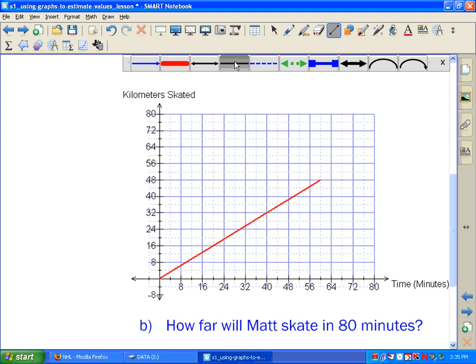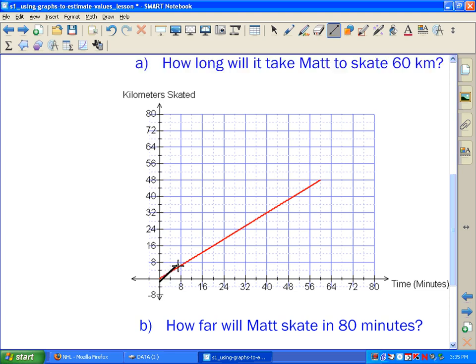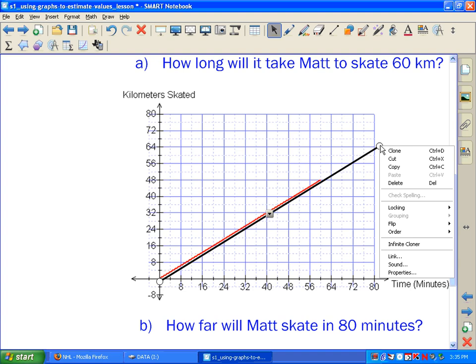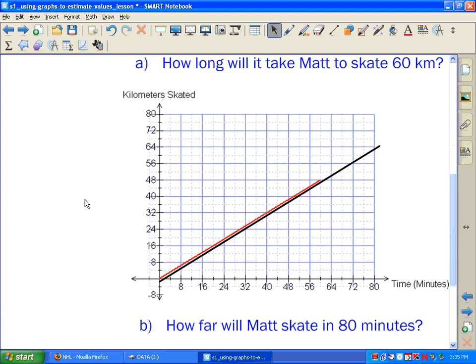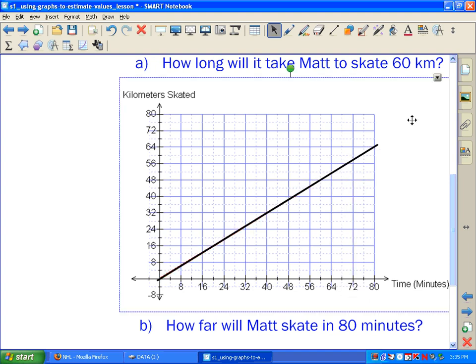Now that we all have rulers, we're going to draw this line. Mine's a little bit off, but I can fix it in a second here. And you're going to draw it all the way through. Then we're going to let go. Oopsies. I butchered mine, so I have to try and fix it a wee bit here. I'm happy with that. And then I'm going to move it so it goes right over here. Done. Okay, so how long will it take Matt to skate